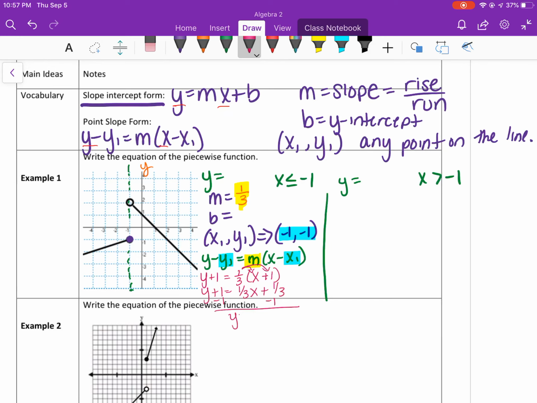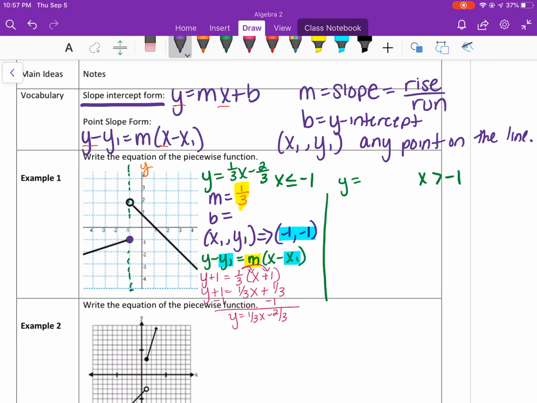And my final answer will be y equals 1/3 x. 1/3 minus 1 will be -2/3. So that is my equation for this left side: 1/3 x minus 2/3, for x is less than or equal to -1. For the right side,